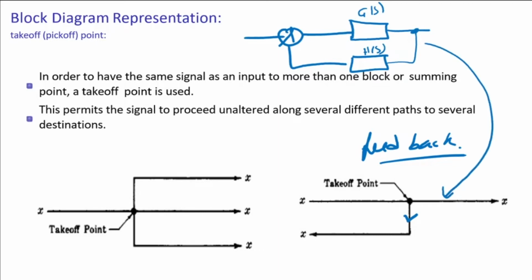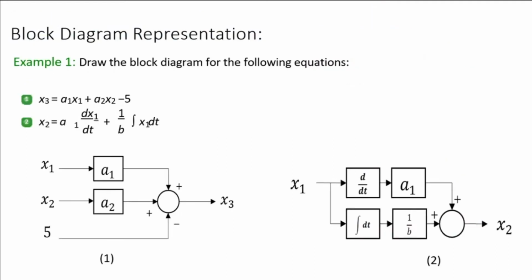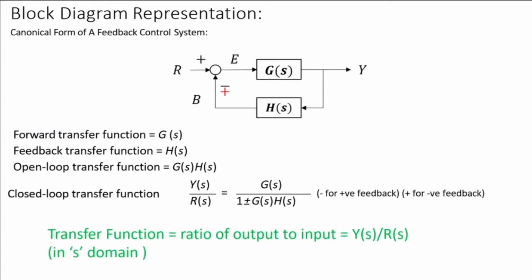Now we also looked at what these blocks mean in terms of an equation. So if you have an equation like x3 is equal to this, then our control system diagram would be written in terms of blocks like this. Now let us move further, and we saw reduction of the control system diagram also. So we saw that the reduction of this closed loop control system